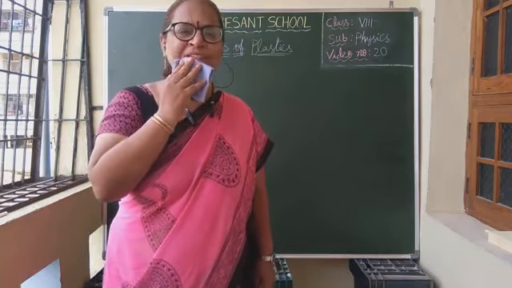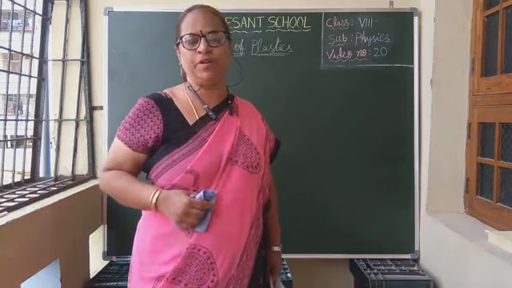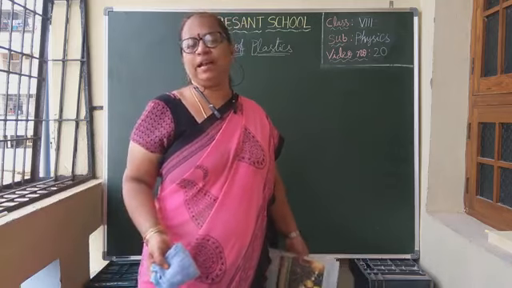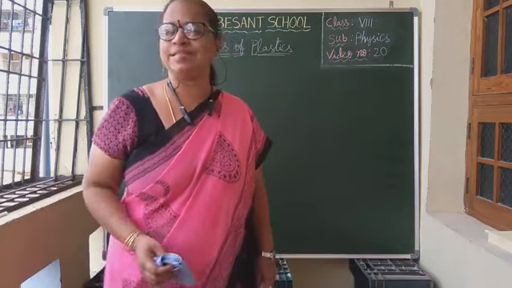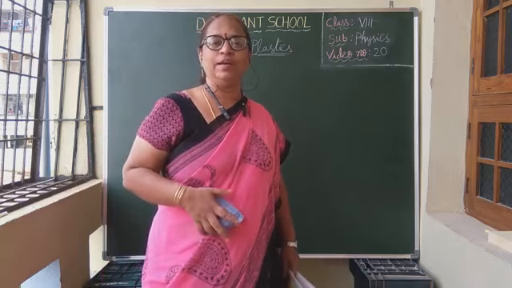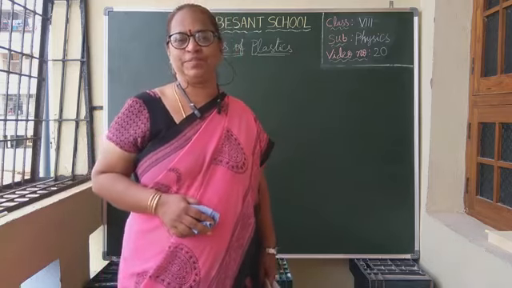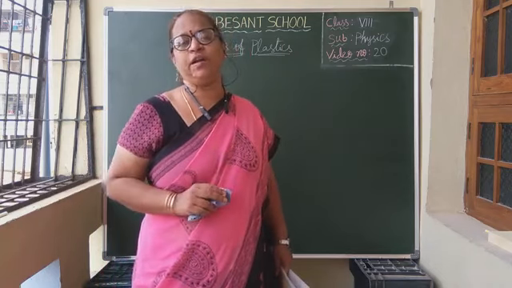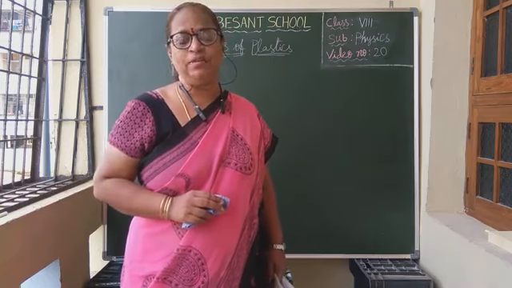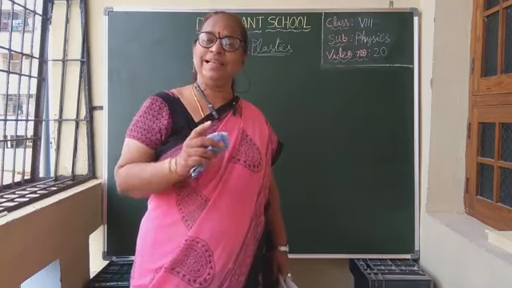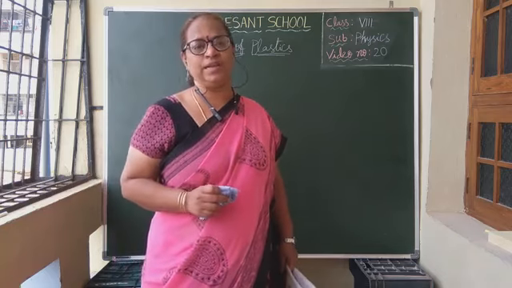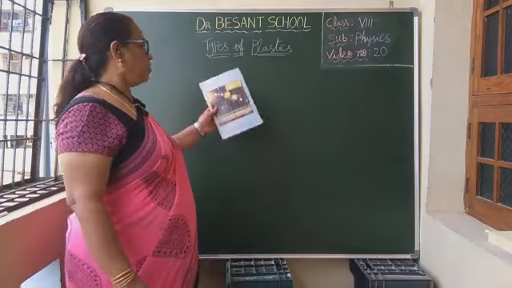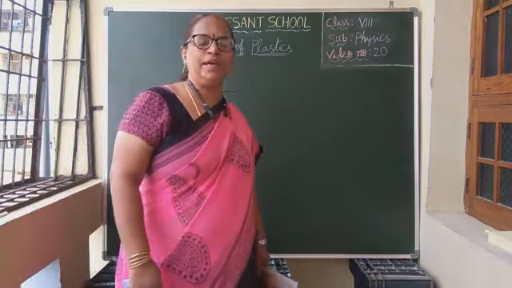Clear, children? That is what we learned in our previous session about resin codes. Also we learned how plastic has changed our lives, with everything in our house filled with plastic. And we learned plastic is made up of polymers, and polymers means a combination of monomers, and 2 types of arrangement of monomers will be there in the plastic. What are the 2 types of arrangements? One is linear arrangement, the other one is cross-linked arrangement. Basing on that arrangement, there are 2 types of plastics. That is what we are going to learn today.